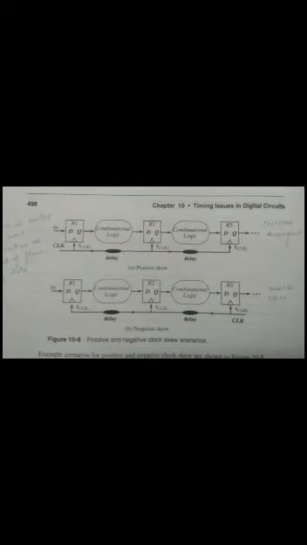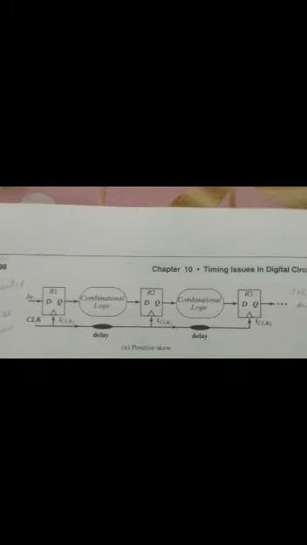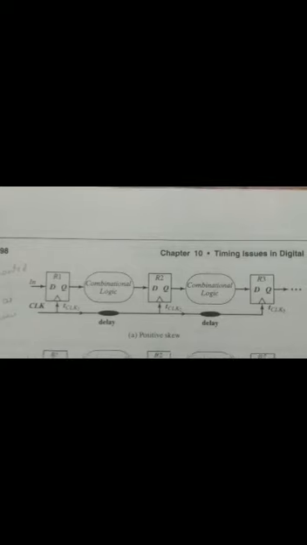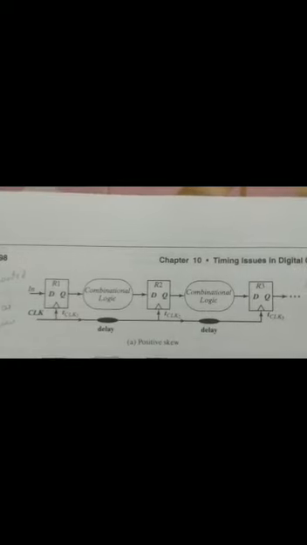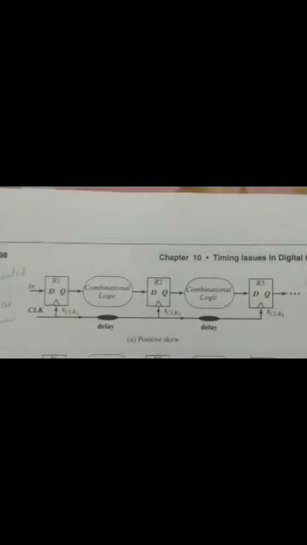Right, now I will show you a diagram of how the positive and negative skews come into the picture. Here you can see in the first figure, positive skew. You can see two registers R1 and R2. In between we have combinational logic. We also have a third register R3. Clock is connected across R1 first, then R2 and R3. Obviously the clock will reach R1 first, then R2. Then obviously we'll have delta greater than 0.